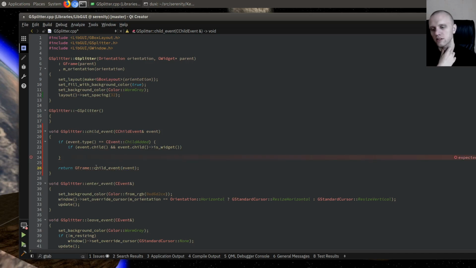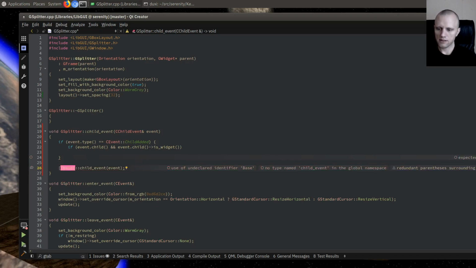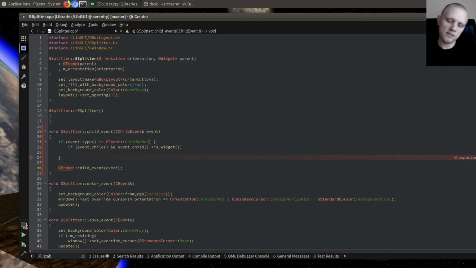Don't you sometimes wish that you could just say like base, or some magical thing like base. I hate that I have to actually write it out, because it makes inserting new base classes between classes very frustrating, because it means that you have to go and make sure that wherever you're calling the base class, you have to update that. Anyways,